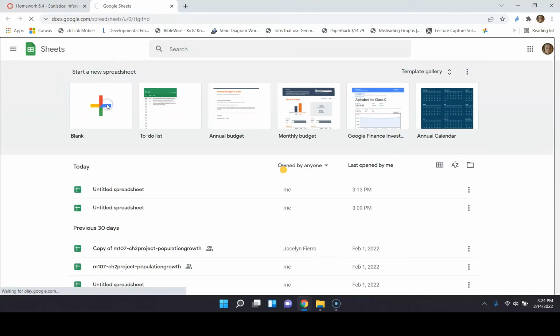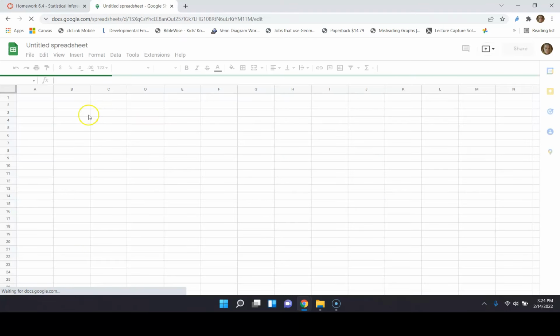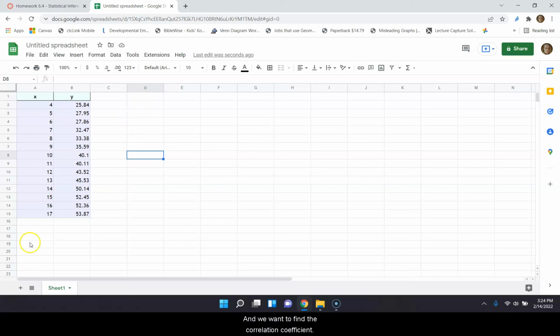Start a new sheet. Click on the first box and right-click and paste the data. So now we have our data in Google Sheets. And we want to find the correlation coefficient. We'll call it CC. And then in the box next to this, where we wrote CC, we'll type in equals